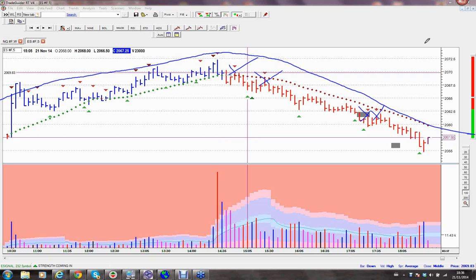Forget looking at past price analysis. This is real time. No one can argue with the fact that TradeGuider and VSA show these principles as they occur in the market and trade them. And there's very few people that do that. And the reason very few people do that is trading is actually quite difficult.